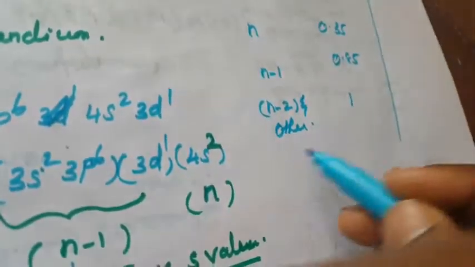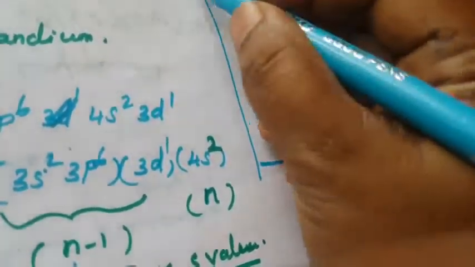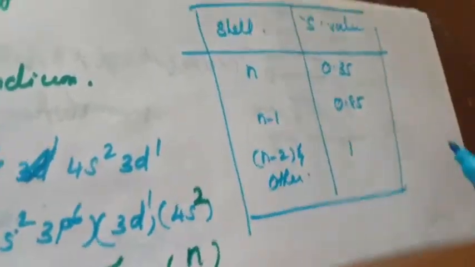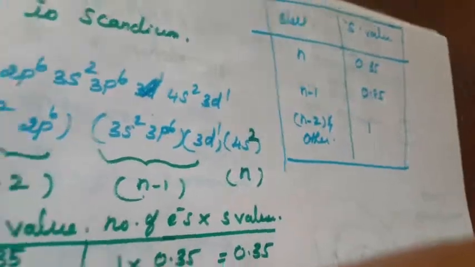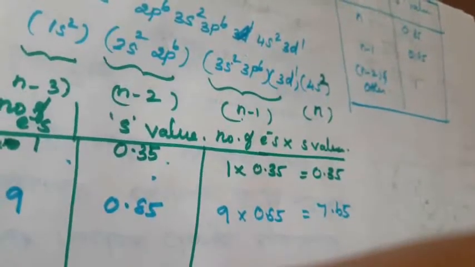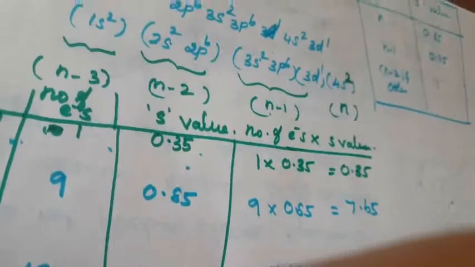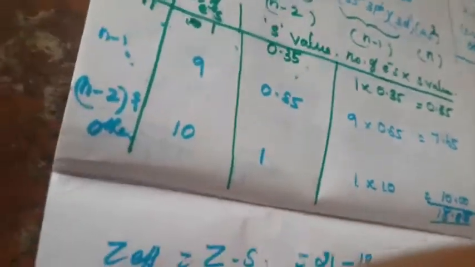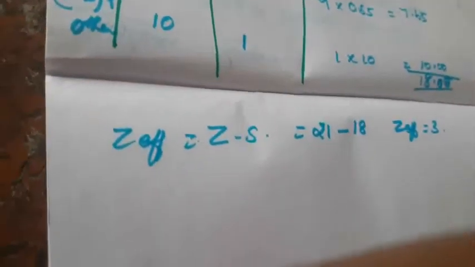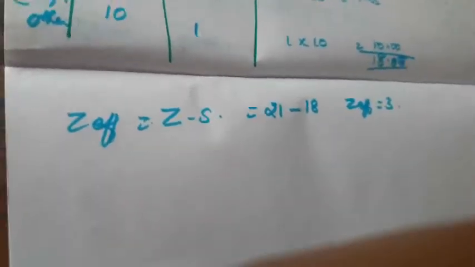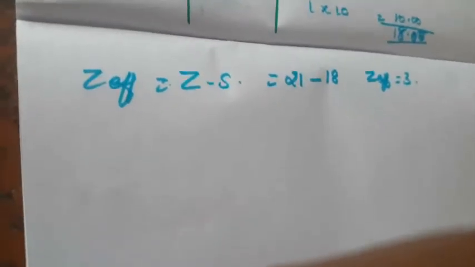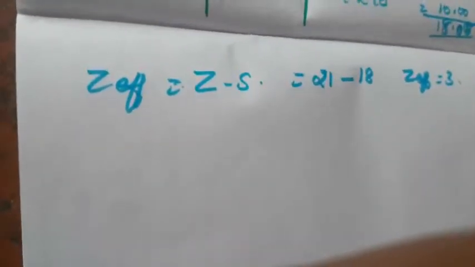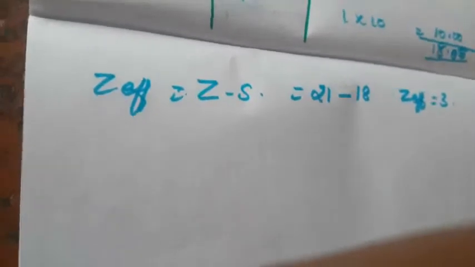Okay, so this is the box. You remember that number of shell, nth shell, this is the value, the screening value, that is the S value. You remember that. Okay, using this, the calculation for the 3d electron. So this is another one, how to calculate another electron. Another one: effective nuclear charge of the 3d electron. Suppose they give the electronic configuration, you have to calculate the effective nuclear charge, right? The first one was already given.